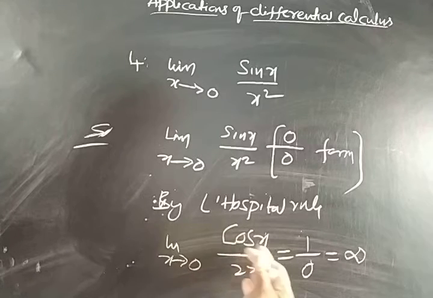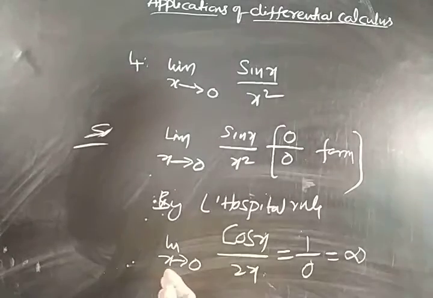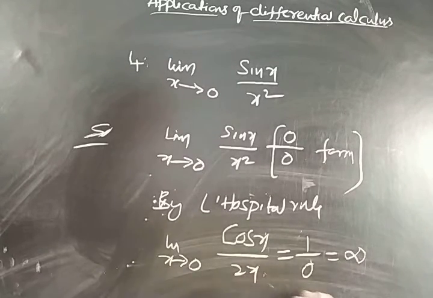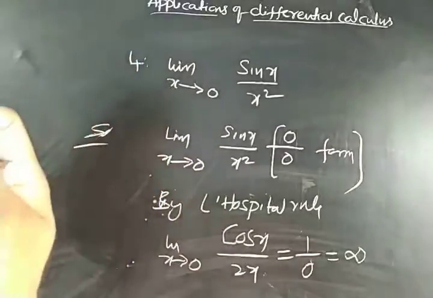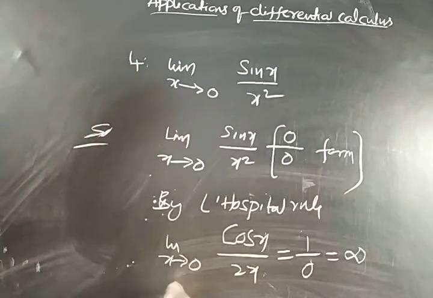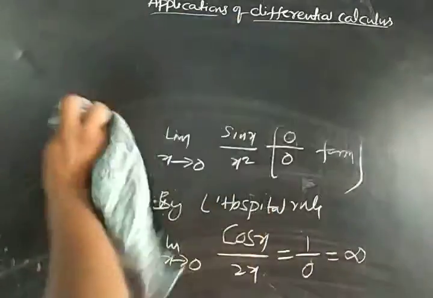Sometimes the curve may tend to plus infinity at the left hand side of 0, at the right hand side of 0 it may tend to something else. At the left hand limit it may converge to minus infinity, and at the right hand side of 0 it may converge to plus infinity. At that time you cannot say the limit exists. So for that we have to check the left hand limit and right hand limit for this problem.